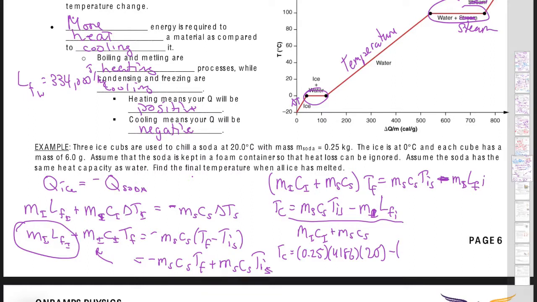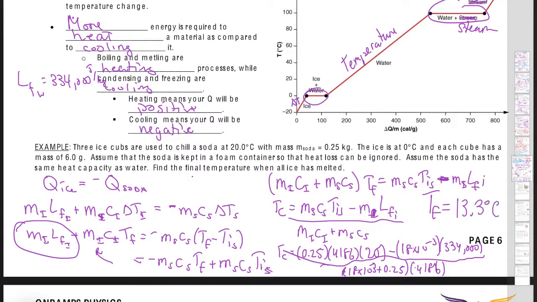Now you do have to be careful, it's 6 grams, that's 6 times 10 to the negative 3, but there's 3 ice cubes, so that's 18 times 10 to the negative 3 times that 334,000, right? Now I can do a little bit of algebra here because CI and CS are the same, so it's going to be 18 times 10 to the negative 3 plus 0.25 times 4186, right? Because they told me that the soda has the same specific heat as water, and the final temperature is going to be